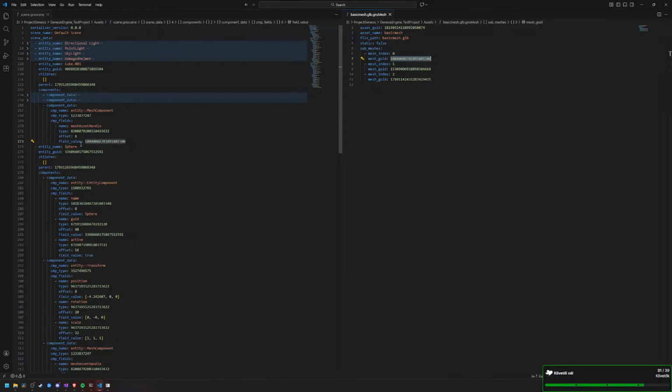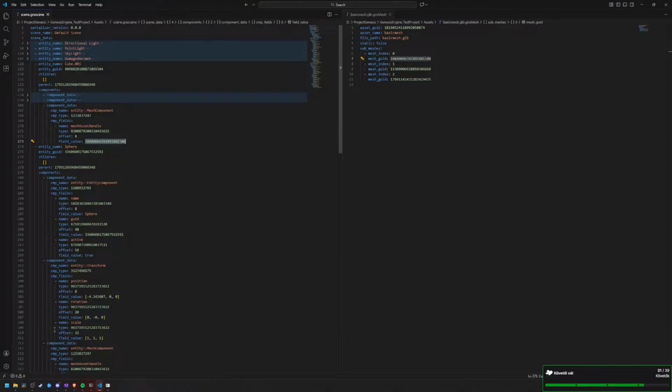So this is the thing. If I load a scene, this is the field value. This GUID will be the one I am looking for